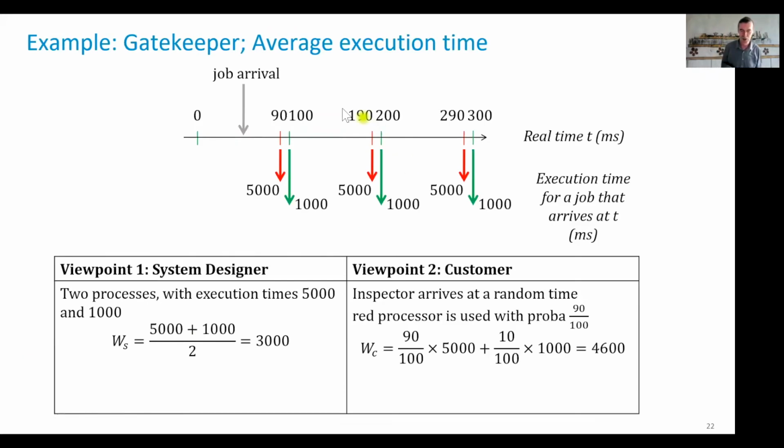Here's the gatekeeper example. A gatekeeper is a system that is very frequently deployed in large information systems. For example, if you try to book a vaccination these days in Canton Vaud, you will not go directly to the reservation center. Instead, you will go into a queue that will ask you to wait until the system is able to serve you. That's a mechanism that is used in complex information systems to avoid one of the patterns we've seen at the beginning of the course, which is congestion collapse.